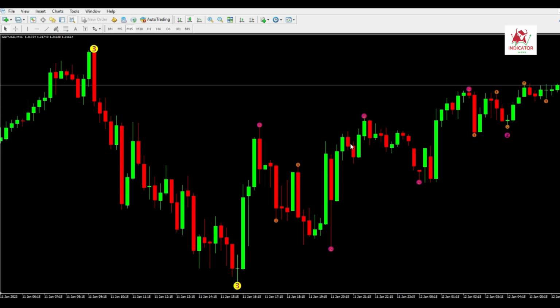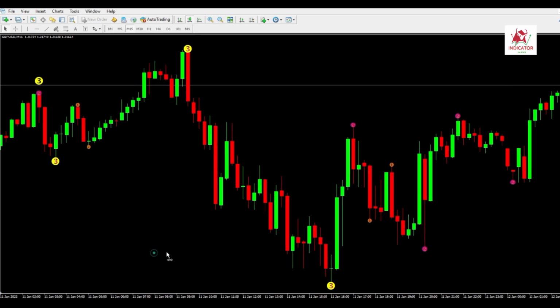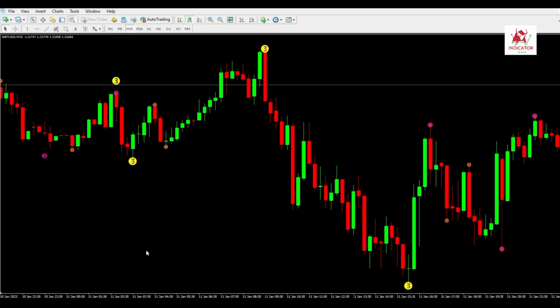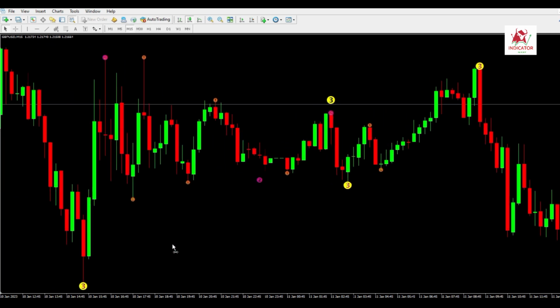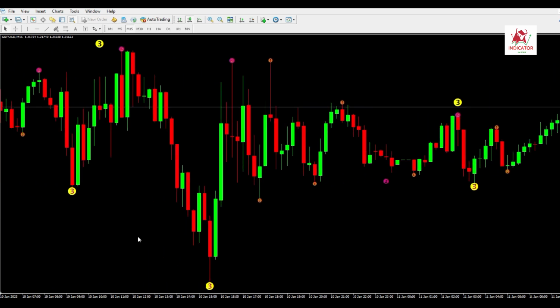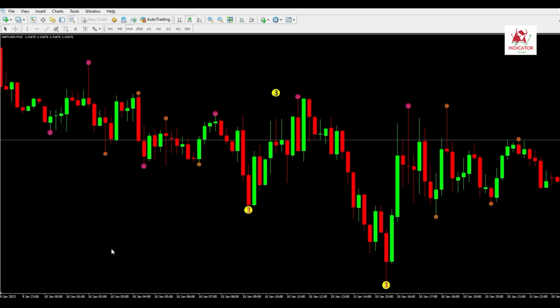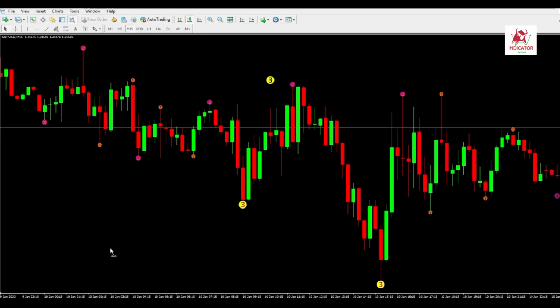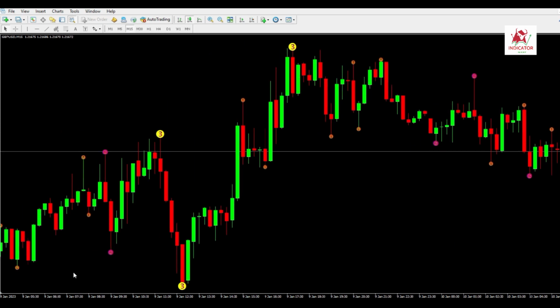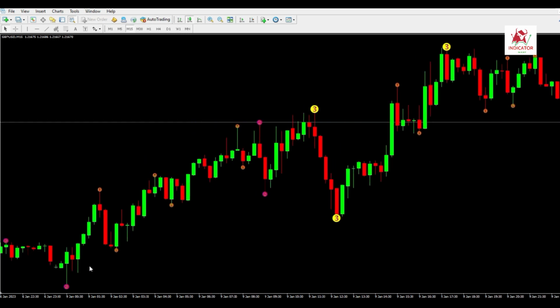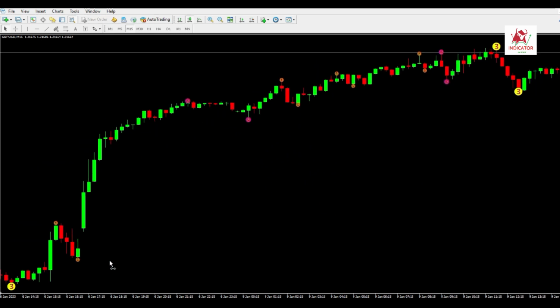The 3-level ZZ Semafor indicator MT4 is a zigzag indicator that shows the values of 3 zigzags on the chart. The periods for each of the 3 zigzags vary. These are small, medium, and large dots. Instead of putting zigzag lines on the chart, this indicator draws dots at the zigzag places. The 3 levels of the indicator differ by the maximum and lowest values of 3 separate periods: short-term rapid, medium-term slow, and long-term slow. The dots vary in size and color, and they are numbered 1 to 3. The colors of the circles symbolize how you will trade and where the markets will move. The orange circle represents number 1, purple marks number 2, and the yellow circle illustrates number 3. You can also adjust the settings of the dots depending on the shorter or longer term strategy. This indicator generates buy